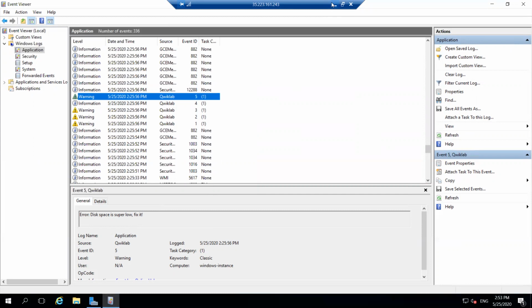Note that the log will still remain in Event Viewer because logs are not deleted when the issues that cause them are removed. The remaining log entries relate to issues that you have already successfully fixed in earlier labs in this course.